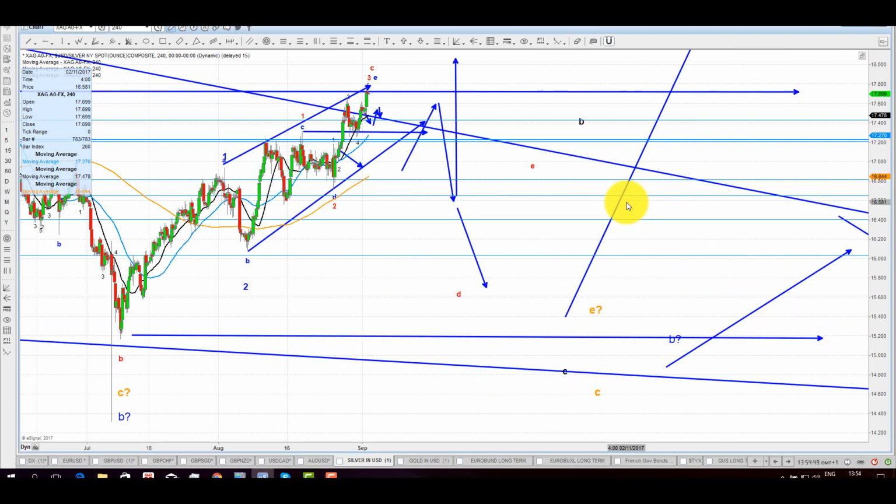Okay, this is silver. Silver priced in US dollars, 4-hour scale. I choose to start today with silver because the pattern in silver is clearer than the one in gold. And what we have here at this point, in my opinion, is a breakout, basically giving us potentially a very bullish setup here of 1-2,